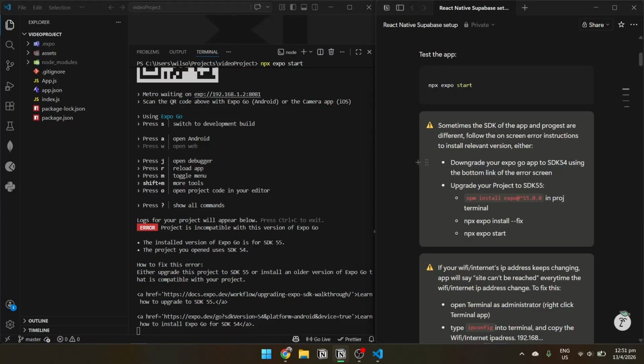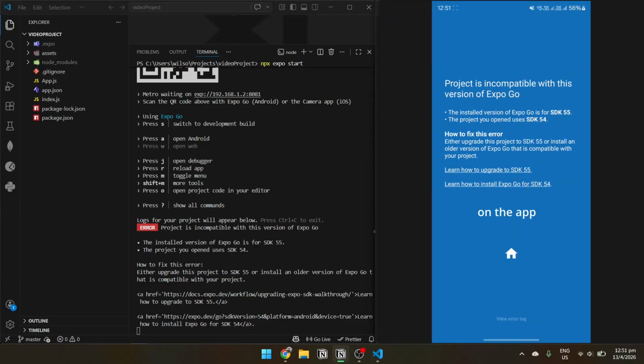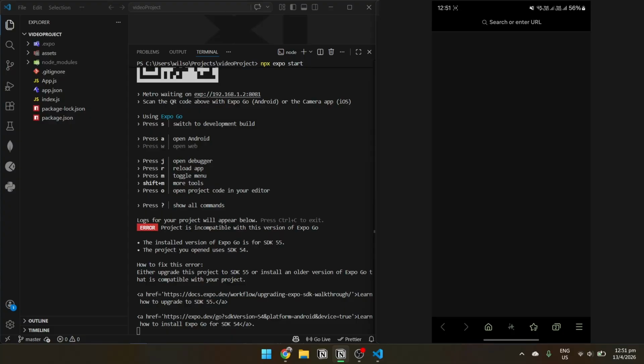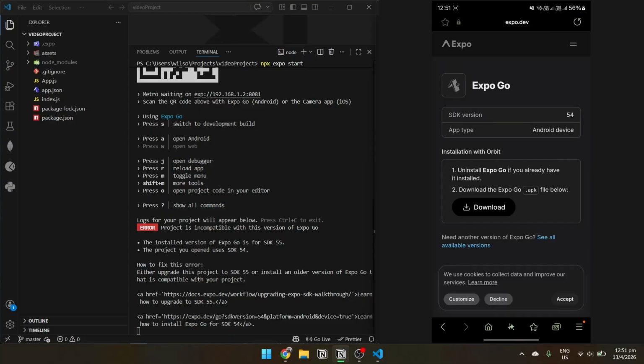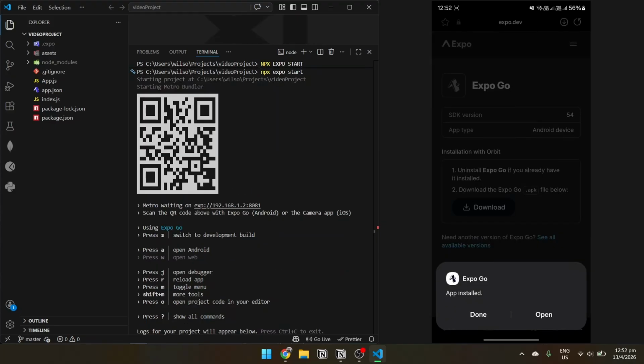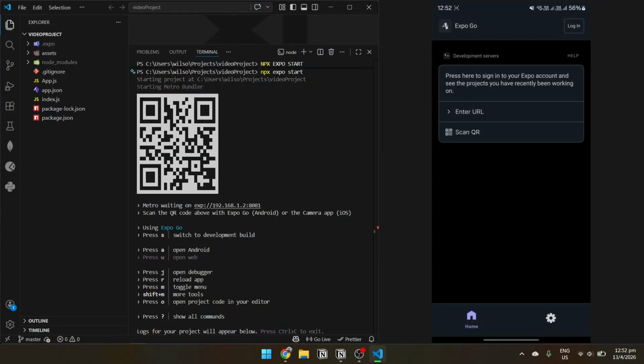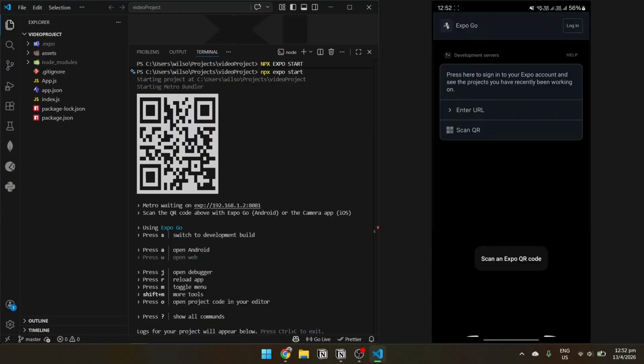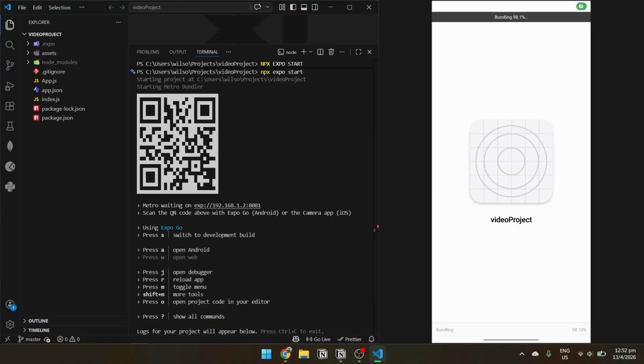So how to do this option is to tap this bottom link over here. This will downgrade your app to match the project SDK, because the project is using SDK 54, but the Expo Go is using SDK 55, so you have to downgrade the Expo Go to SDK 54, which you can do here on the app and download. Once you have done that, open up the app and then scan the QR code again, and the project will bundle